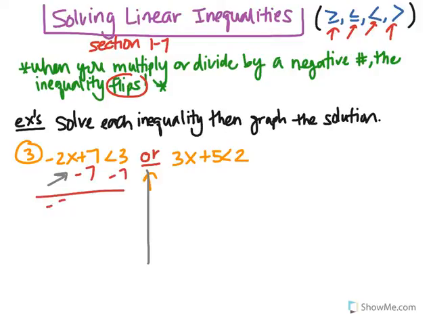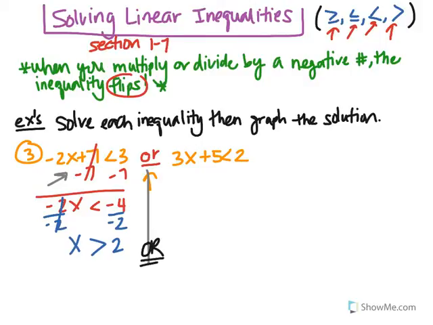And what I'll end up getting is negative 2x, this cancels, is less than negative 4. Now here's where you have to be careful. See how I'm dividing by a negative 2? Whenever that happens, this is now going to become x is greater than positive 2. So far I have x values that are bigger than or equal to 2,